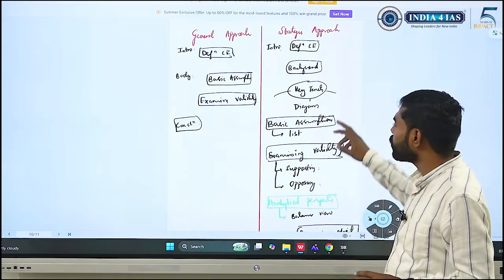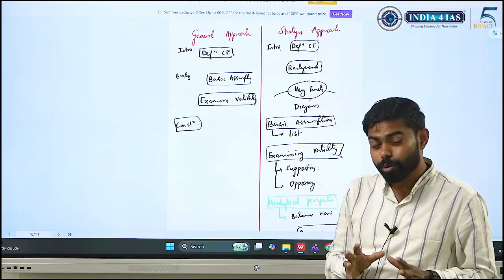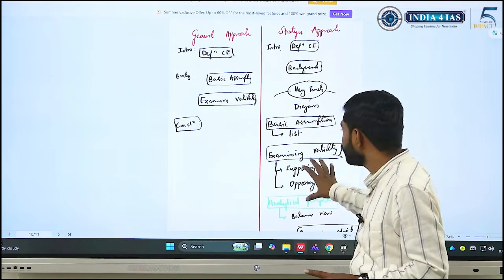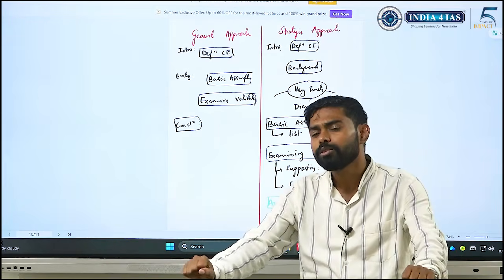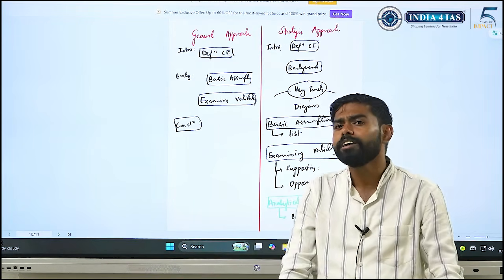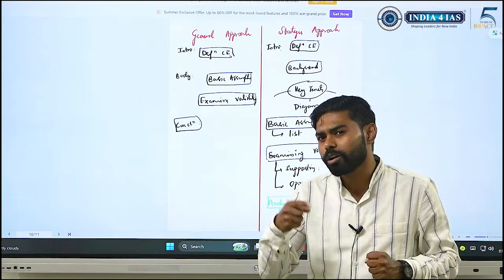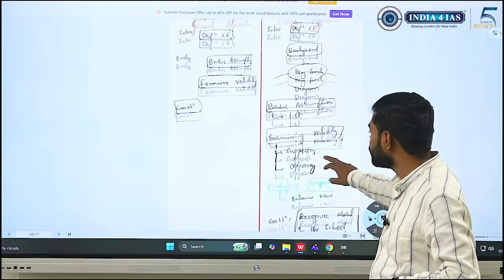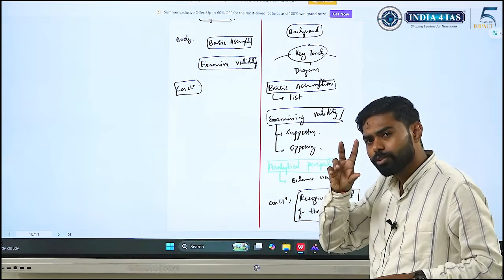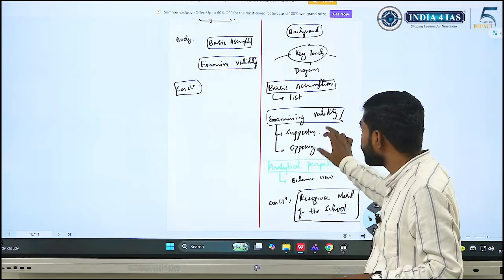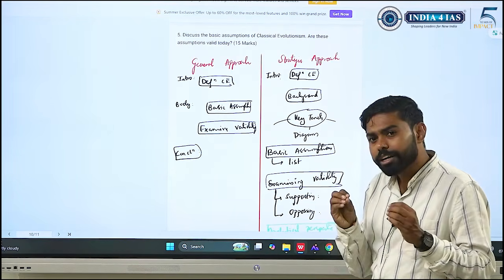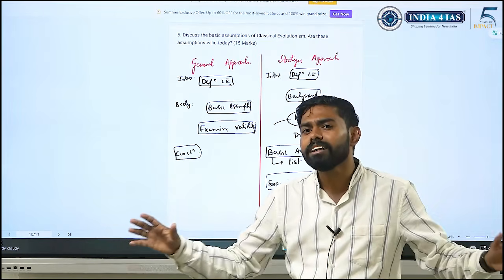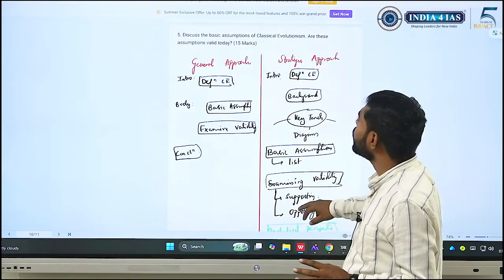Can you spot the difference, right? I hope you are able to spot the difference between the approach that will suffocate you and the approach that will give you a free hand to write those 3 or 4 pages or 2 pages comfortably without getting stuck about not remembering 1 or 2 points. Okay, it's completely fine if you're not remembering 1 or 2 points, since you have other points which will cover for it. This will cover for that part, and this will cover for anything that you miss out. In this way your answer will be very holistic, and you will be showing your depth, understanding, and completeness. Okay, so that's up for your day 2 discussion, guys.